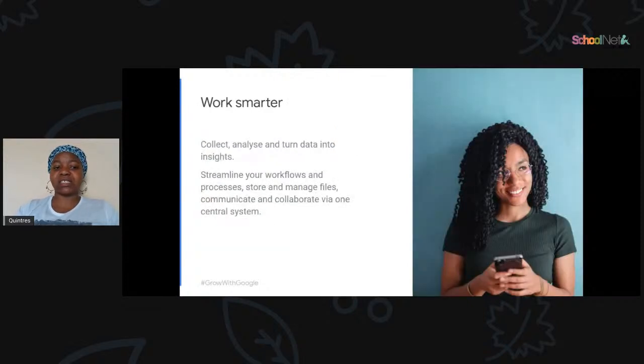Right. And then working smarter. Like I said, Google Workspace helps your team to work smarter and not harder. Why is that? You're able to collect, analyze, and turn data into insights, from both your customers and your teams, which then harness your data and knowledge to make better decisions about your business. With Google Workspace, your workflows and processes become central. So they become one central system, and this prevents threats before they happen